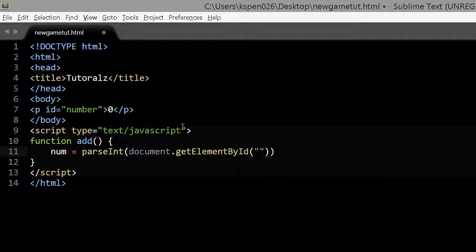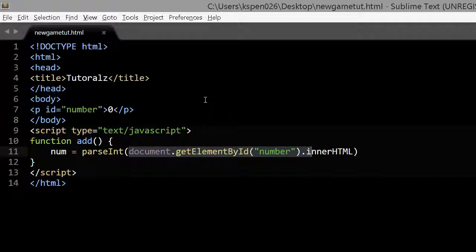Inside of there, we're going to put the actual ID, which is number. So this is also inside of the parentheses, because this will basically get the thing with the number tag, which is this paragraph, which holds the number 0, and it will turn that into an integer, a number, and it will save that number